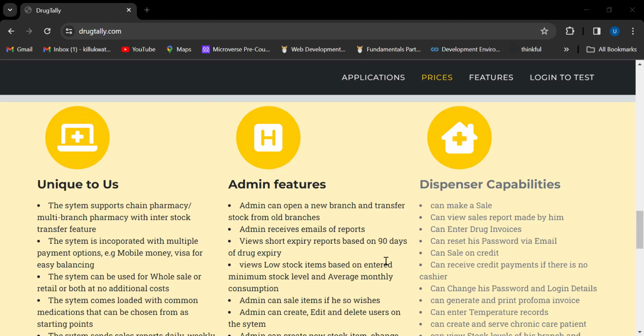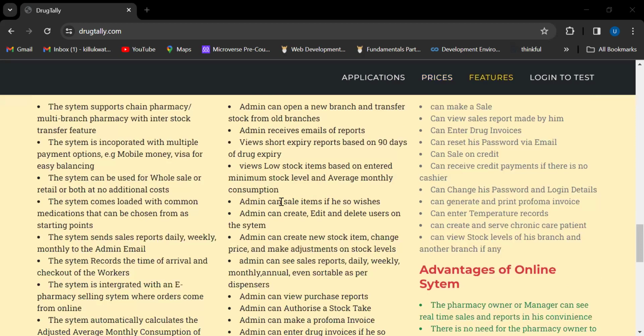of the day. Then the other feature that we have is if someone has a multi-branch pharmacy or call it a chain system, where he has a branch in maybe Gaba, another one in Kabalagala, another one in another part of the country, then they are able to manage all those stocks only in one place. And the admin doesn't need a lot of skills, just a few trainings here and there, and is able to accomplish all those tasks. Then the system comes loaded with some few medications